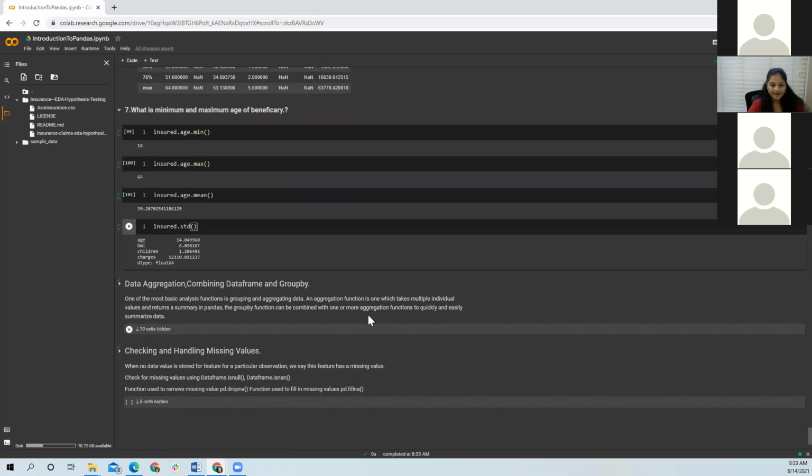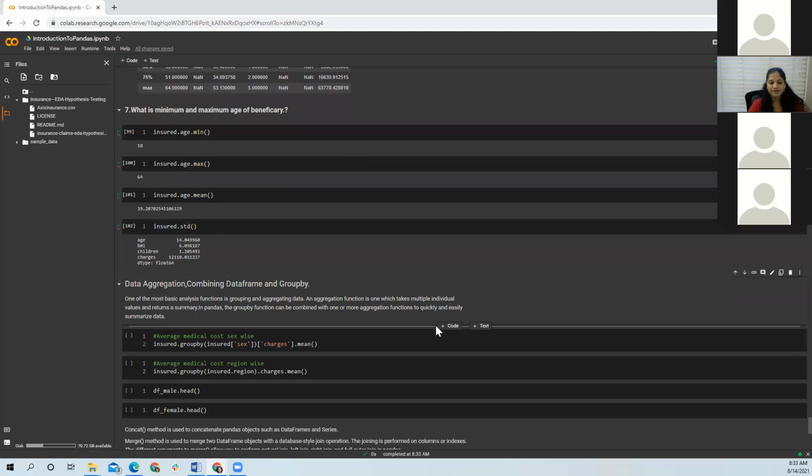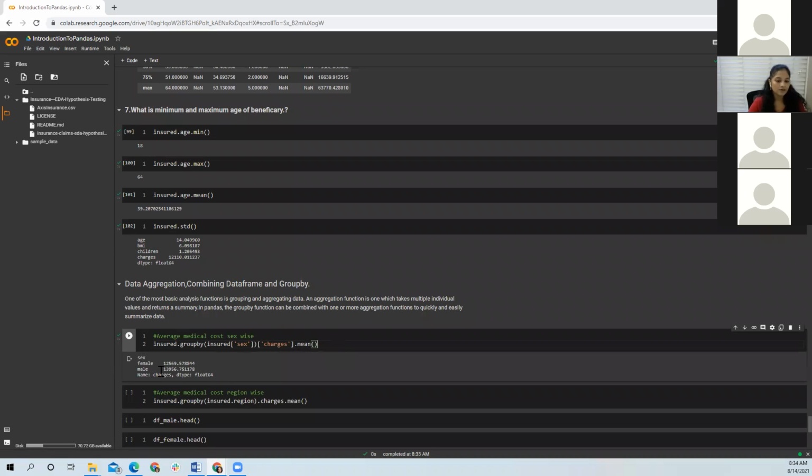Moving on to data aggregation, combining data frames, and group by. This group by we use frequently when we want to aggregate things. If I want to find out medical cost sex-wise, like what are the mean average charges the insurance had for males, then similarly for females.